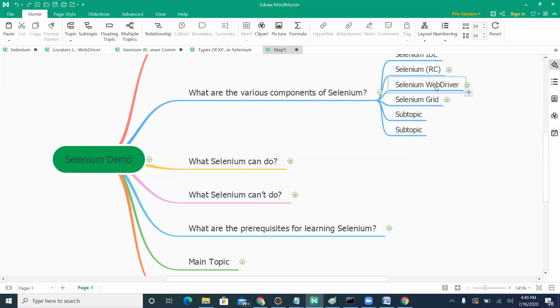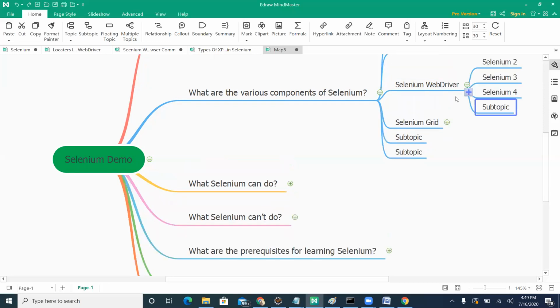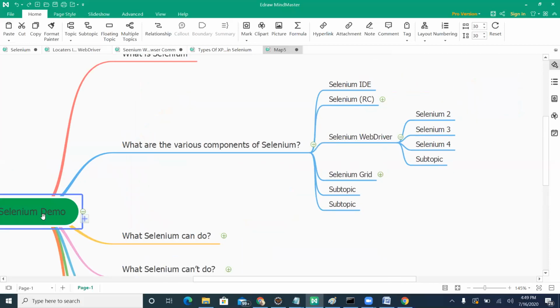Our focus is on Selenium WebDriver, and we are going to learn each and every command or API in Selenium WebDriver with very clear instructions. In Selenium WebDriver, we have different components again. We have Selenium 2, 3, and 4. Selenium 4 is in beta now, not yet released, but it is out for those who are testing how it is working and reporting bugs and so on. But officially, it has not been released.